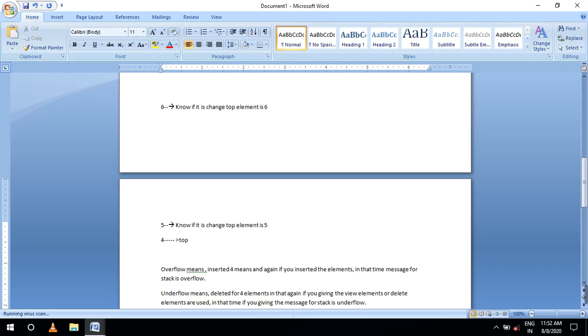Why? Because if you have deleted all 4 elements and now try to view the elements, no elements are there, so underflow is visible. If you try to delete again, after the 4 elements are already deleted, you display the underflow message. That is the concept of overflow and underflow.